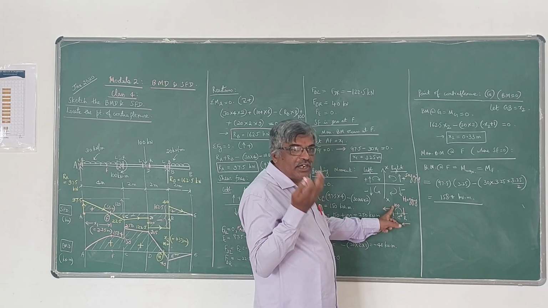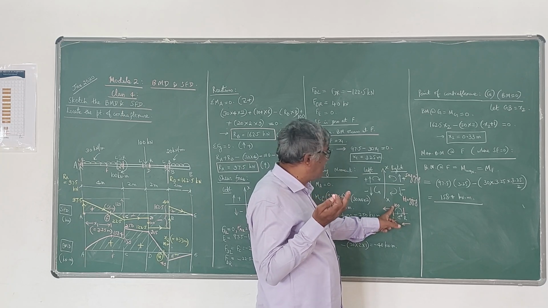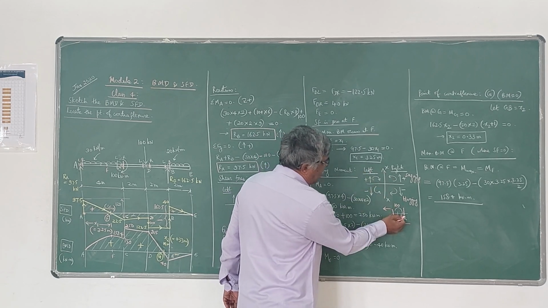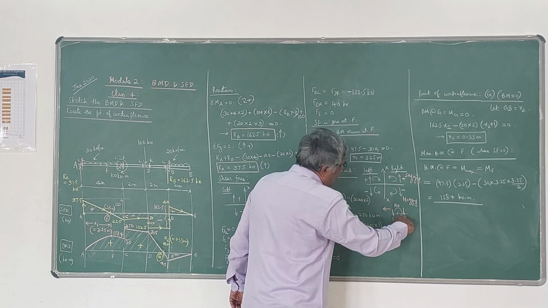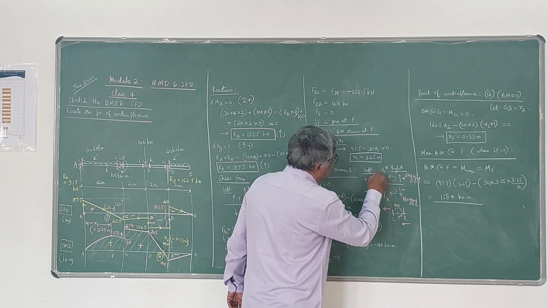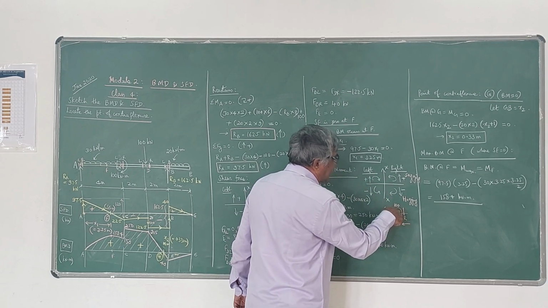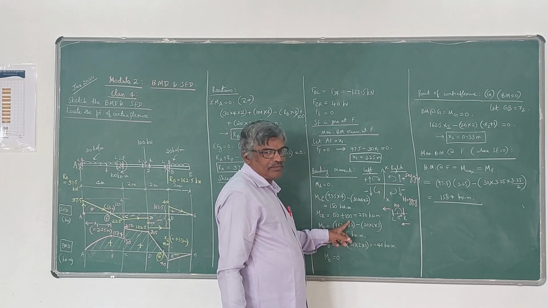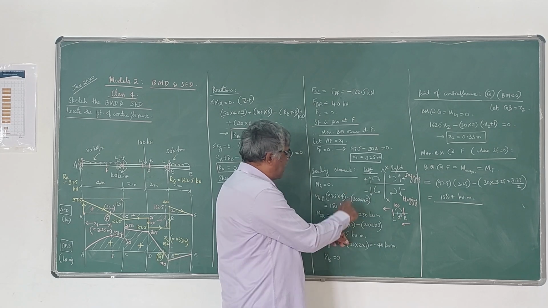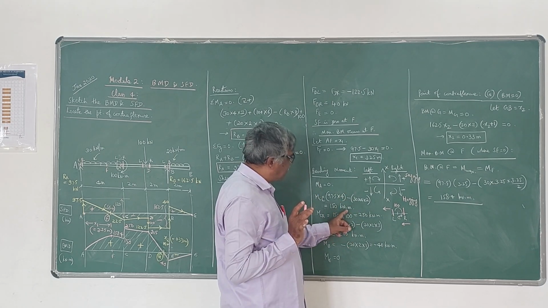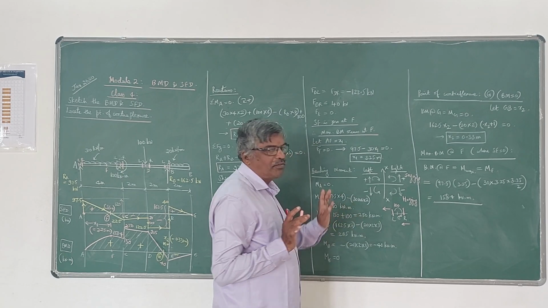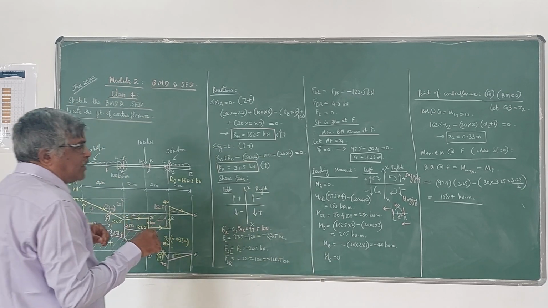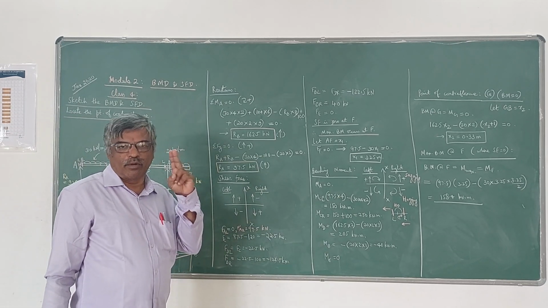But what is the nature of that moment? That is the bending moment we have to think about here. Since you are seeing the left side, the moment on the left side is given clockwise like this. That means it is like this: sagging, on the left side. Since it is sagging, and sagging is positive, I have to add this 100. Already 150 is there, 150 plus 100, 250 kilonewton meter. So at a point where an external moment is given on a beam, you will have two values of bending moment.